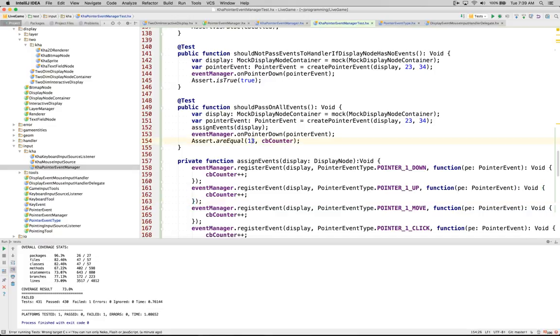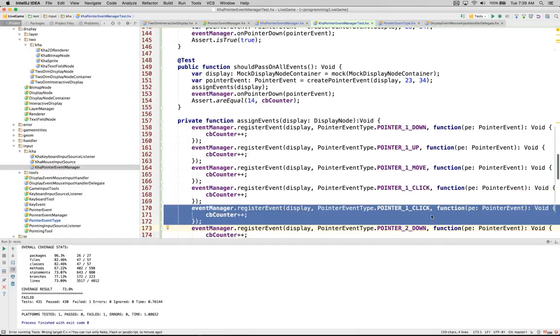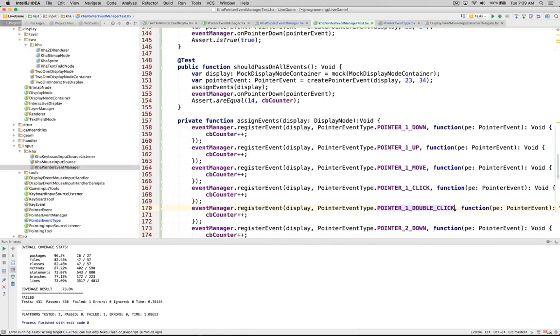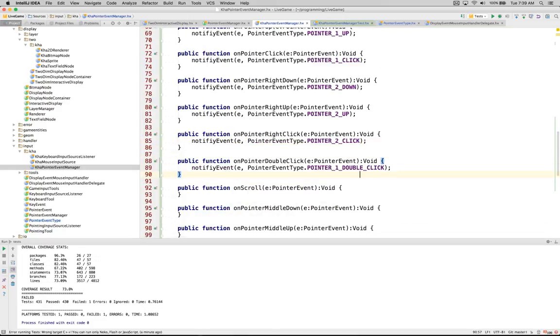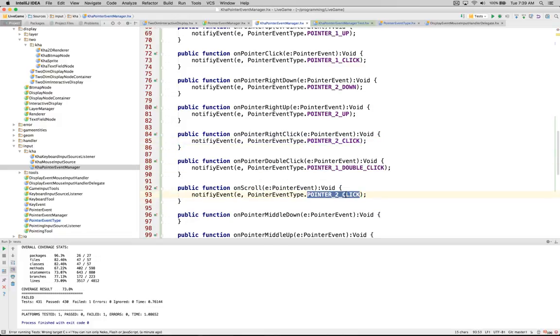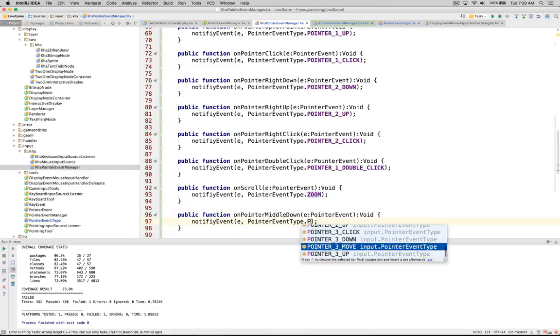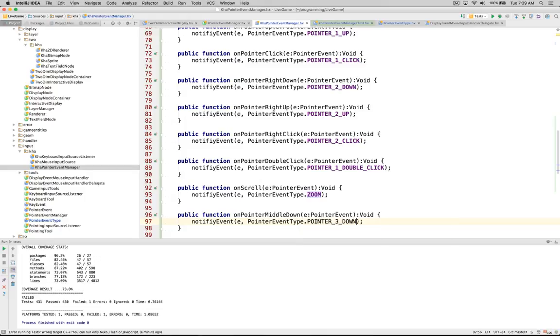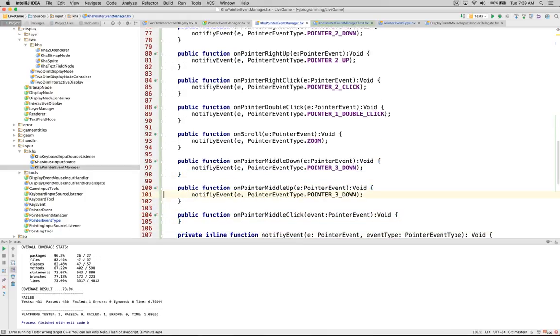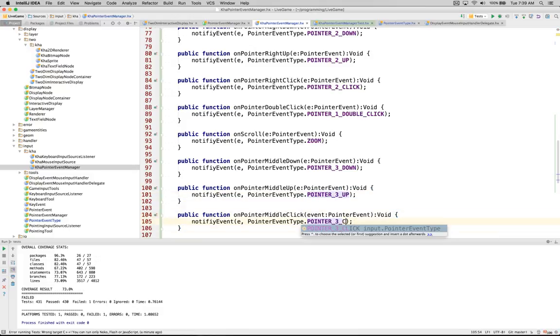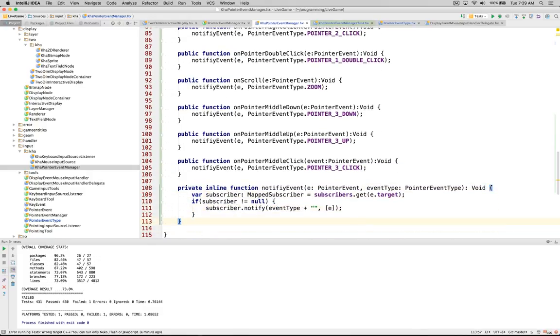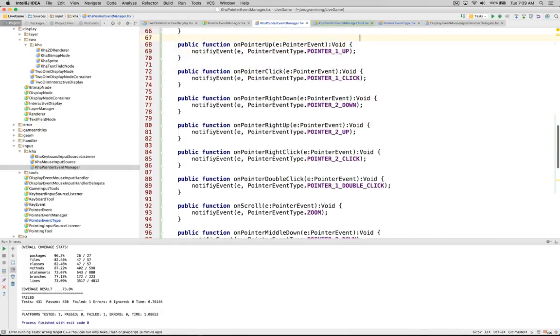It's going to be 14. Double click. And then we have pointer 3 down, up, click. There we go. So 2, and then